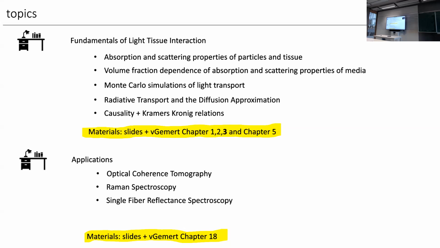Right, so these are the topics we discussed, more or less. The bulk of the material is, of course, in the slides. Some of it is in chapters. The chapters are on Canvas. The main book chapters are those from Geheimer 1, 2, and 3, that give you a longer overview of biomedical optics, and which also have some tidbits here and there about topics we discussed. Chapter 5 was about Monte Carlo collections. And chapter 18 is a chapter on